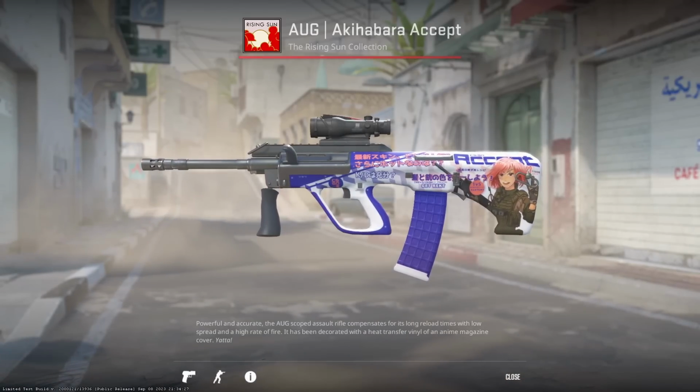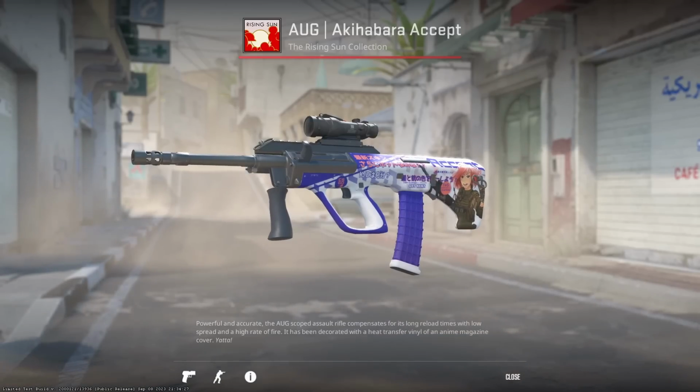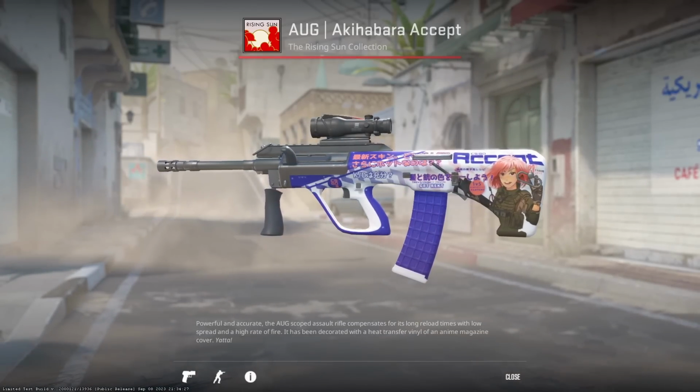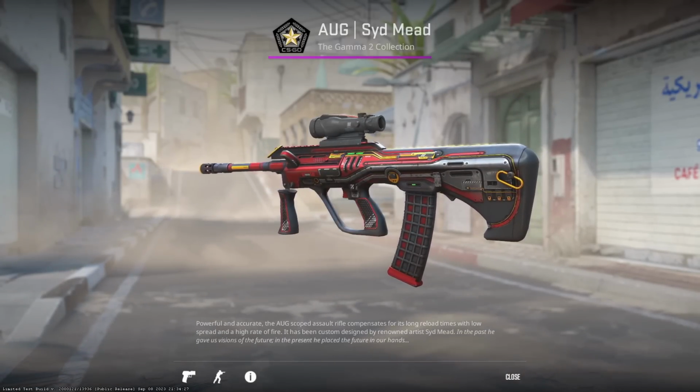This means that Valve personally made this skin. Not sure who is in charge of this, but whatever grievances you have with the game, channel it all to that developer or artist. I feel like most people know that the AUG Syd Mead is named after Syd Mead,